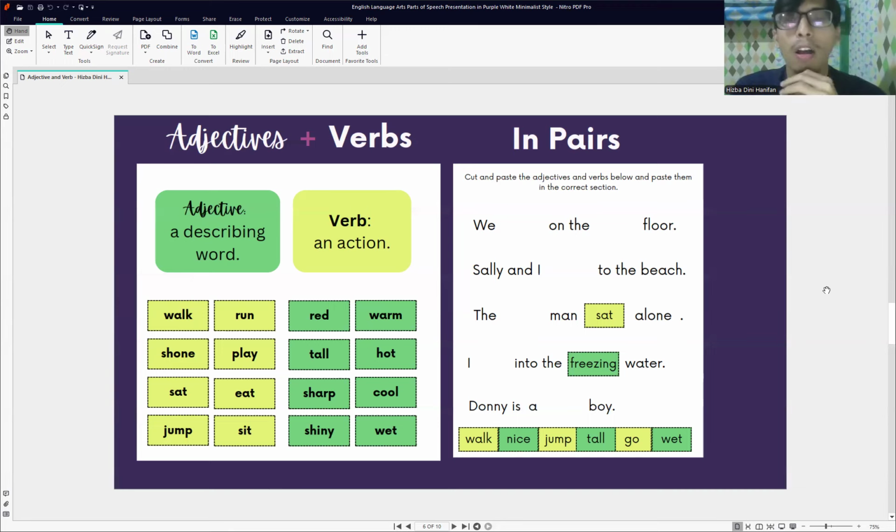We blank blank blank on the blank blank blank floor. Which team? Raka team. What's the answer, Raka team? We... what? Oh no, I don't think that's the correct answer. Okay, you want to try one more time? This is the last chance for your team. We walk very good on the wet floor.